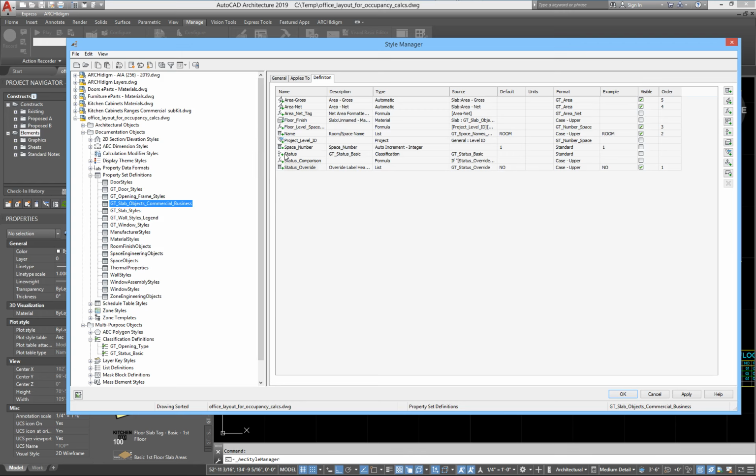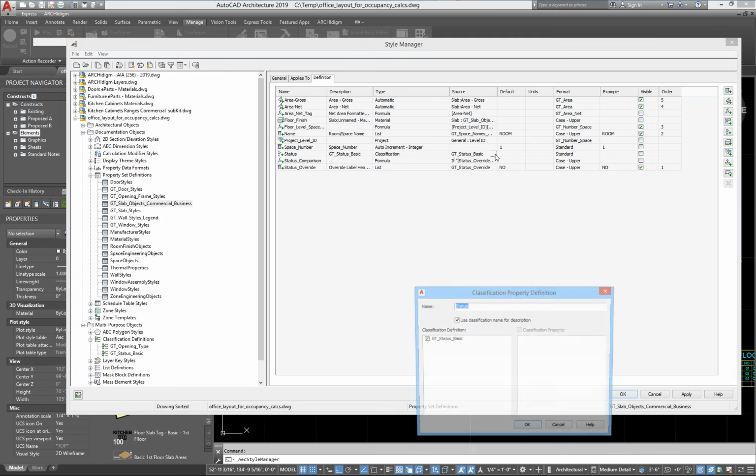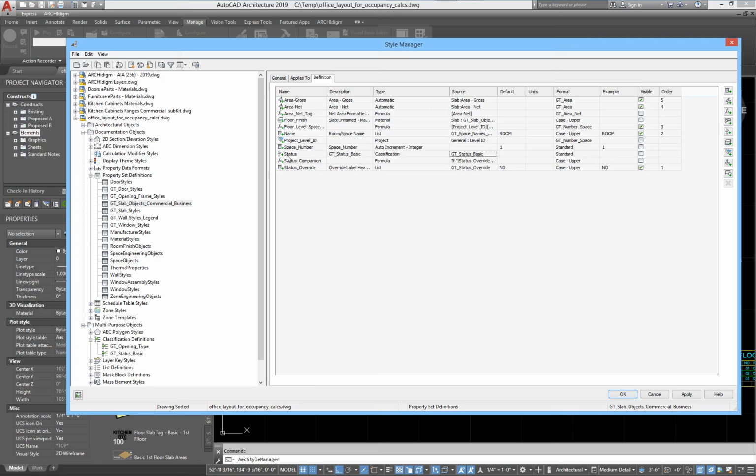Let's see, status, right? So we're looking at status. So in here you have status, and it's set to read a classification. So the source is right here, GT status basic. And notice what type of icon is right here. It's not this one, which is just a manual. That's the one I used for the rectangle when I made it phase 2. This is a manual thing. This one is actually looking for the